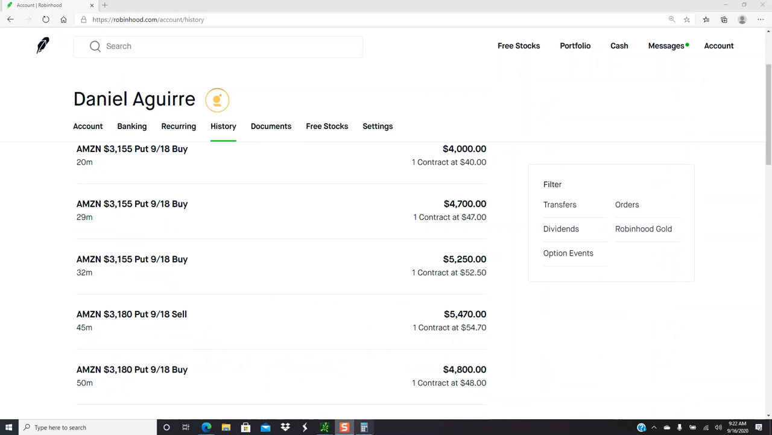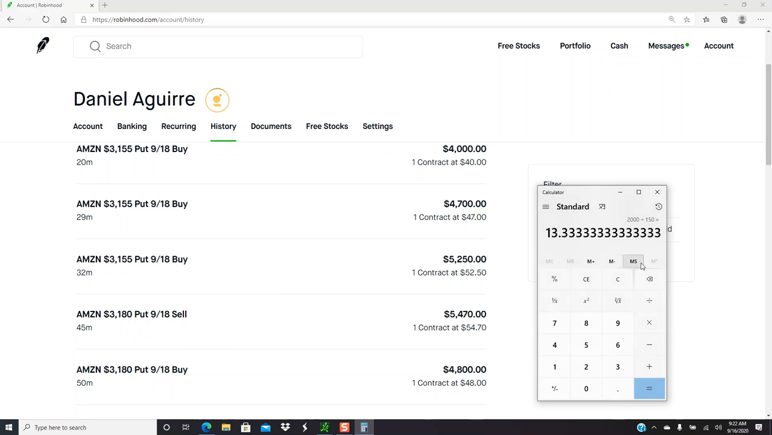All right, real quick. So here's my calculator. Right off the bat, let's see. We bought and then we sold. I got kids in the background yelling, so it's hard to focus. So I bought one at $4,800 and I sold it at 54.70. Okay, so there's that first 670, and then I bought one at 5250, and then I had to average